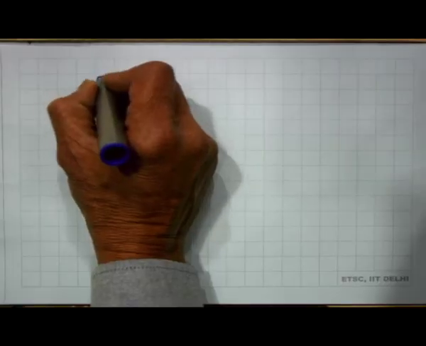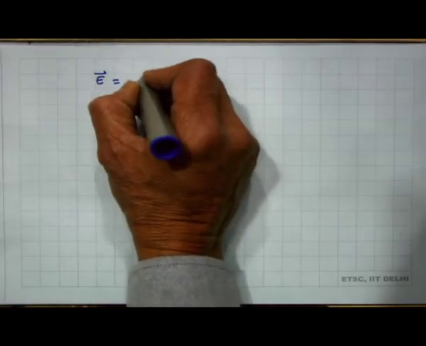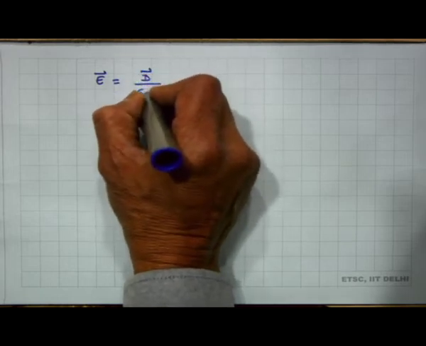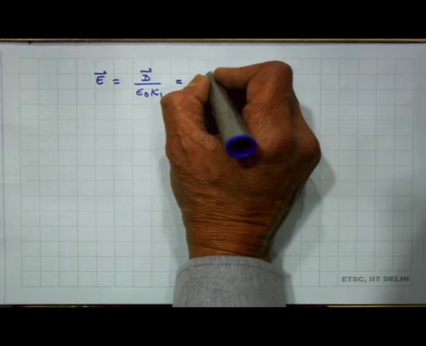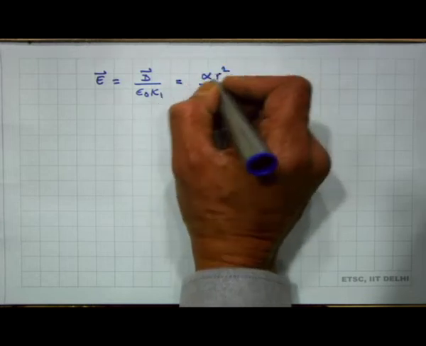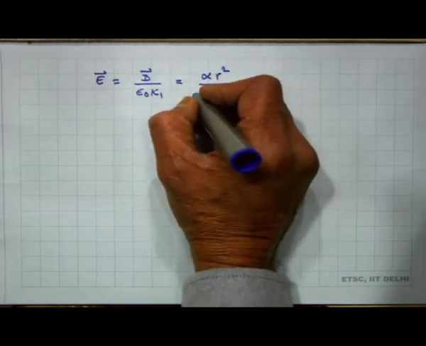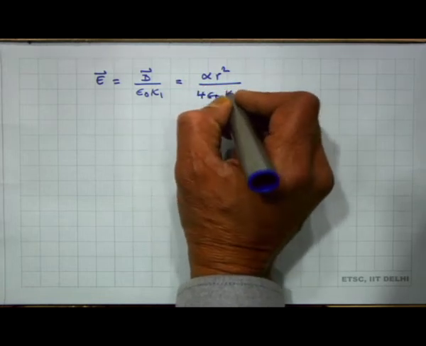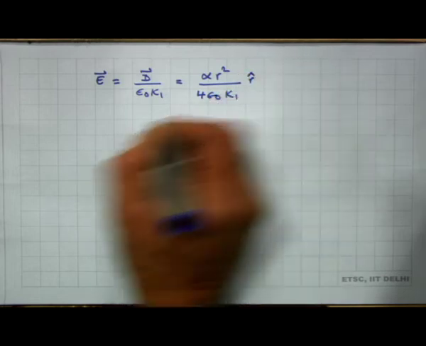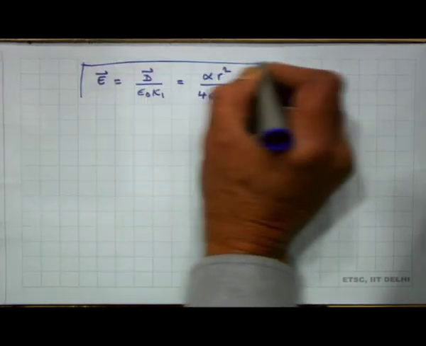So, E vector is equal to D vector by epsilon_0 times the dielectric constant. So, this is nothing but alpha r squared by 4 epsilon_0 k_1 into r cap. So, that is the electric field,